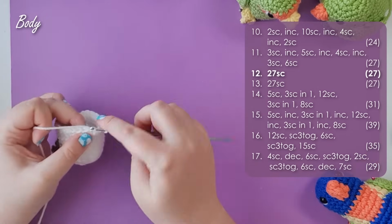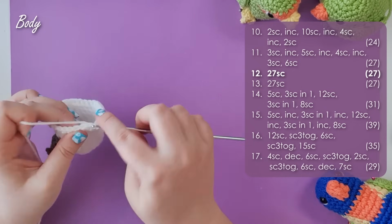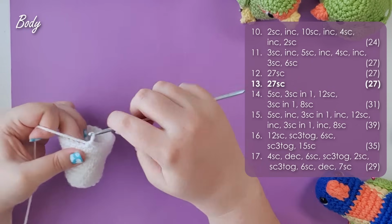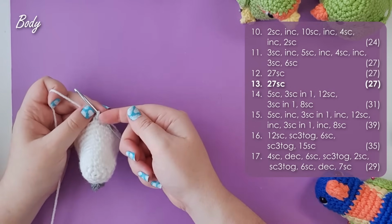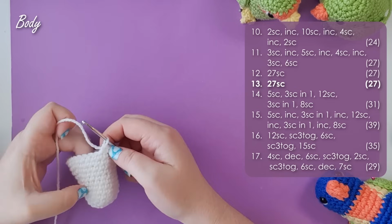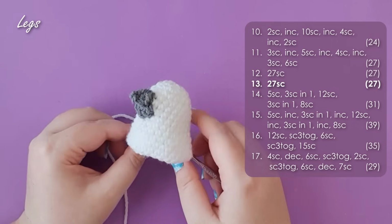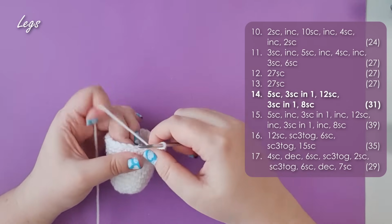Then rows 12 and 13 are both 27 single crochet around for a combined total of 54 stitches. So you'll note that I work in the spiral, which means that my starting and ending point for my row is now basically in the center back of the head. So we've kind of drifted from where we were over here, and now we're all the way back here. You'll note that it's already starting to curve out a little bit. Over the next 4 rows, we're going to curve out and then back in to create the illusion of 2 little chicken drumsticks. So for row 14, it starts with 5 single crochet,